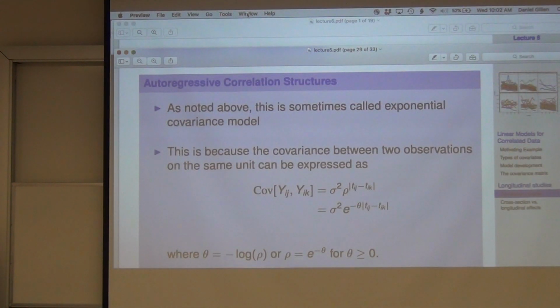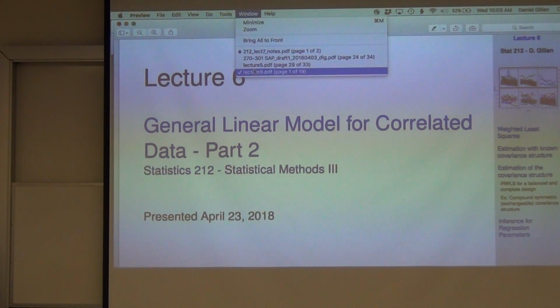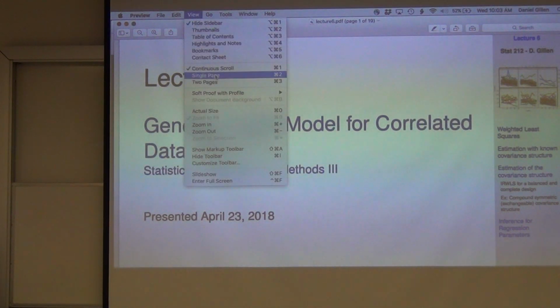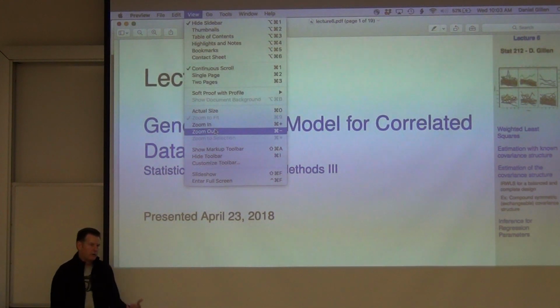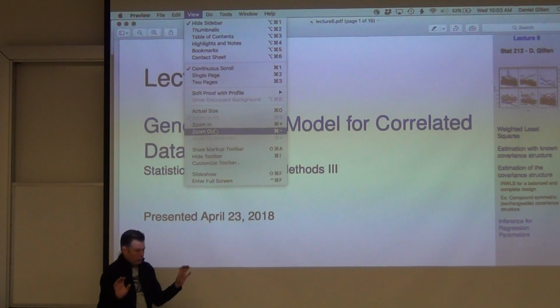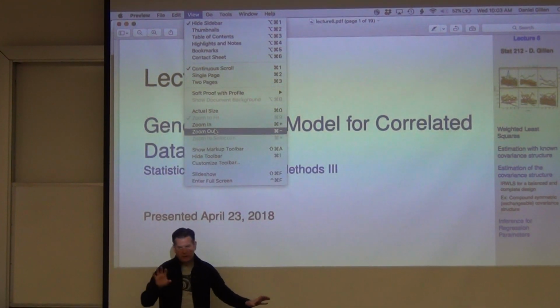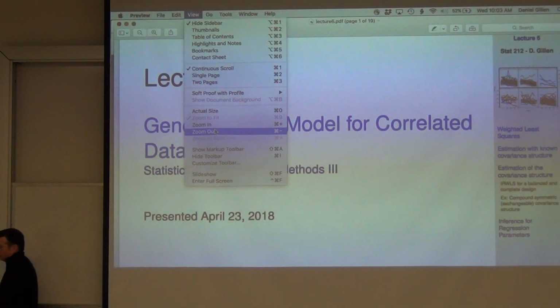So with that, then, we are done with lecture 5. I'm moving on to lecture 6. So in lecture 5, again, we talked about different models that people have used to try and, if you will, reduce the dimensionality of the problem in estimating the covariance structure. So different simplifying assumptions there. And the 2 camps, random effects, serial processes. Think about 2 large kind of models for doing this.